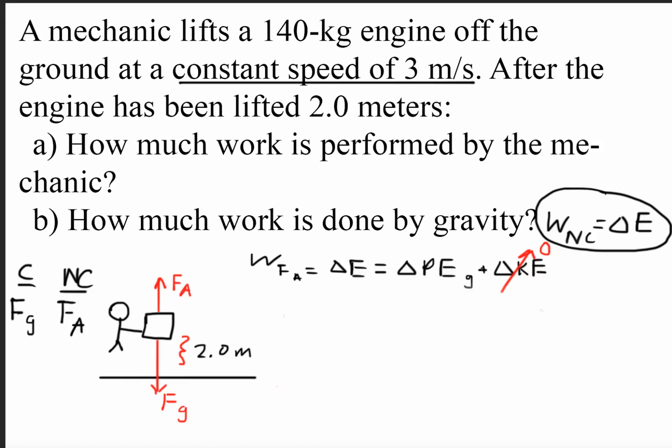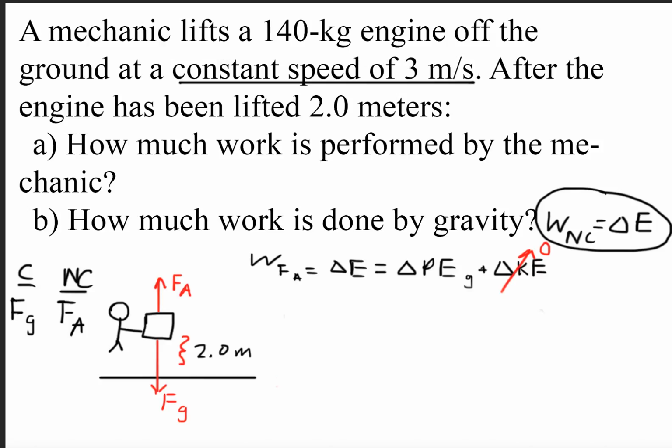In the system, we were dealing with gravitational potential energy and kinetic energy. Sometimes you might have heat involved. Sometimes you might have spring potential energy. And what you do here is you add up all those delta, or the change in all those energies to get your value. Then afterwards, I realized that the change in kinetic energy was 0